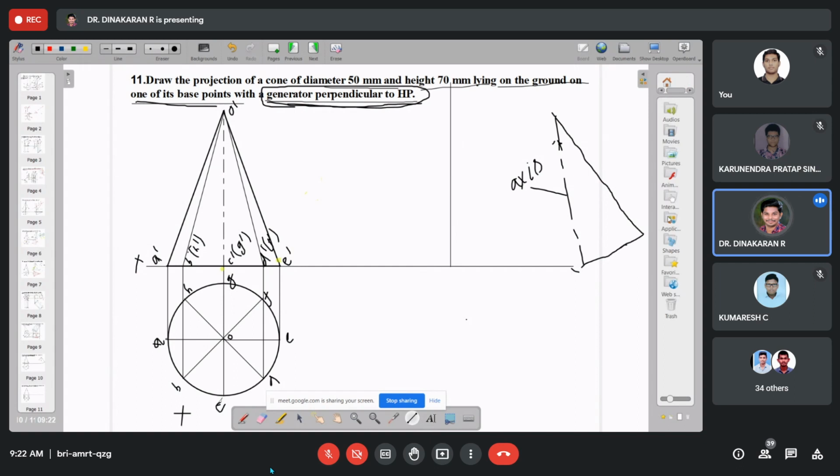Where do I want to measure from, which point is the starting point? Should we take E dash to O dash? Yes, sir. So directly we can draw it,